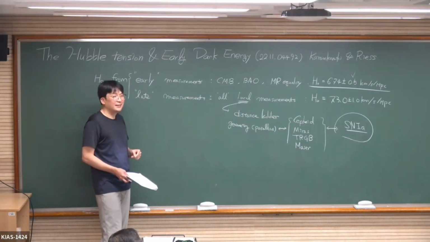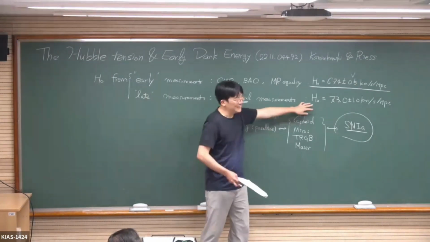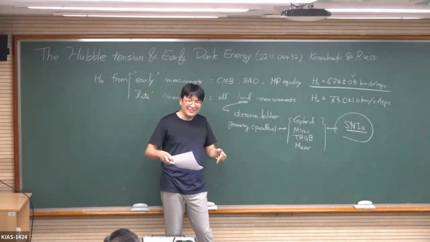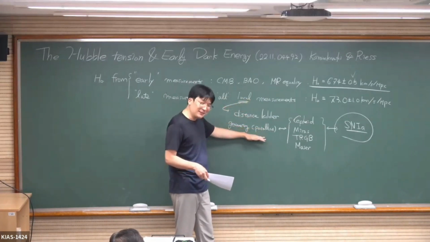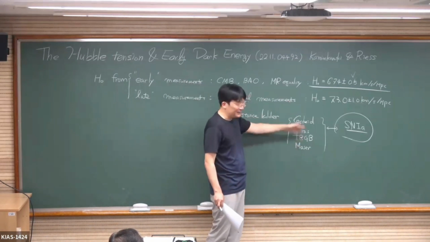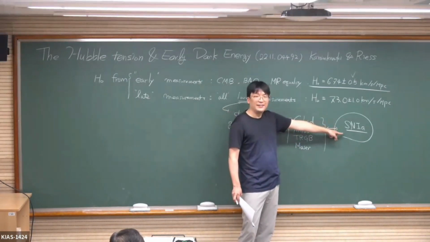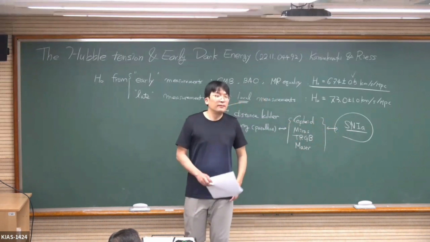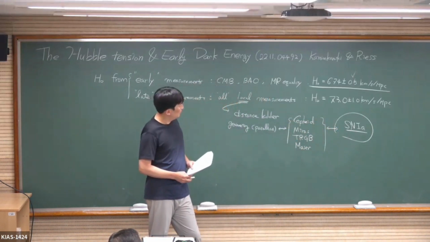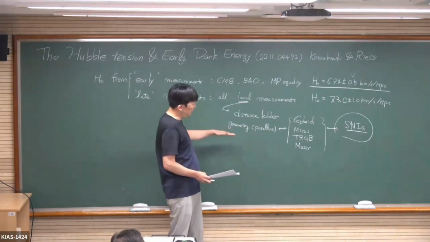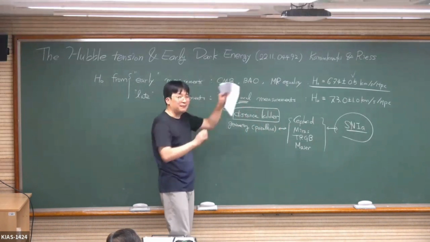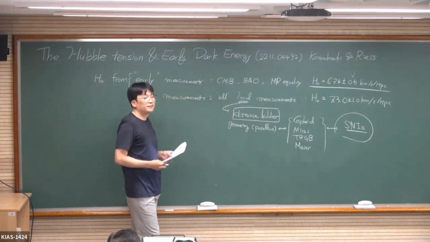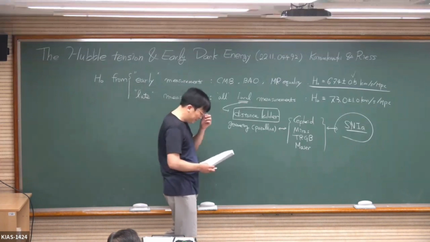Okay. Questions? It's weird, right? H0. What is H0? That is the expansion speed right now, at this moment. But to measure H0, we cannot use geometry. We cannot use Cepheids. We cannot use all those local things. We have to go far away. So the calibration of the supernova depends on the geometry and some intermediate data. Yeah, that's right. It's all based upon the distance ladder. Ladder means that if you are to climb up, you have to go one step at a time. Each rung depends on the one below. Yes, that's right.